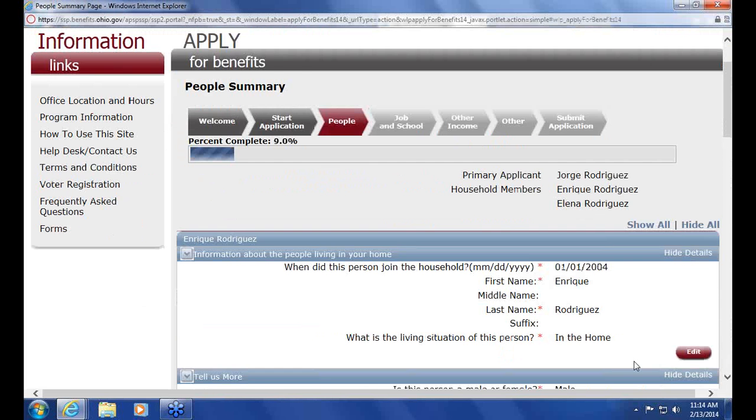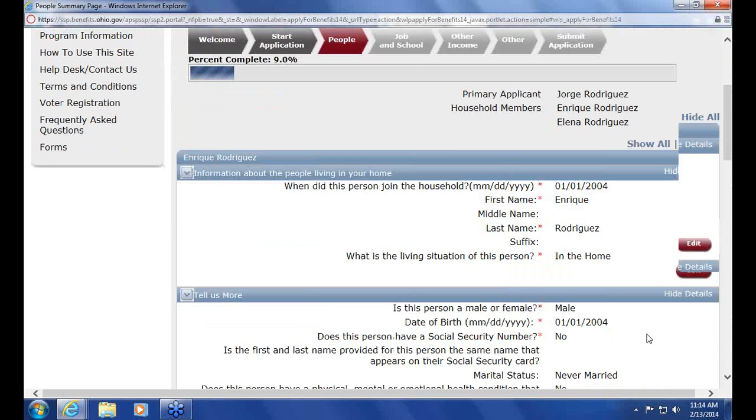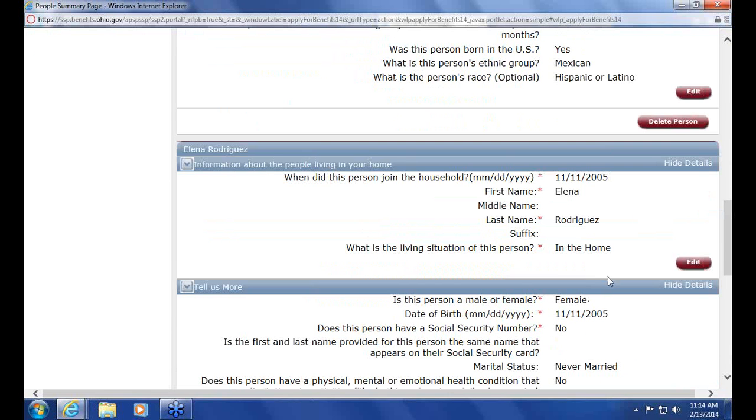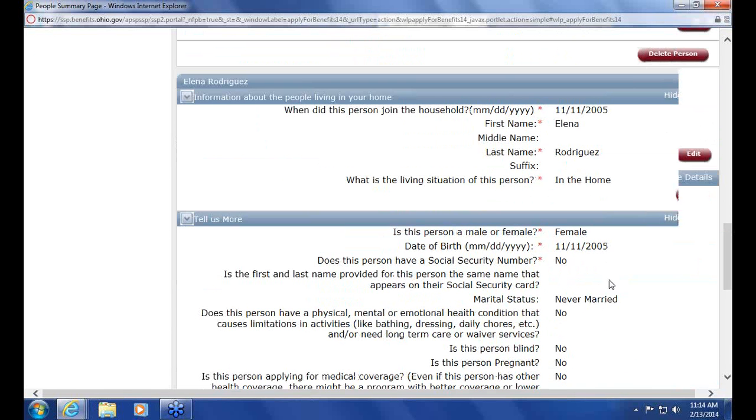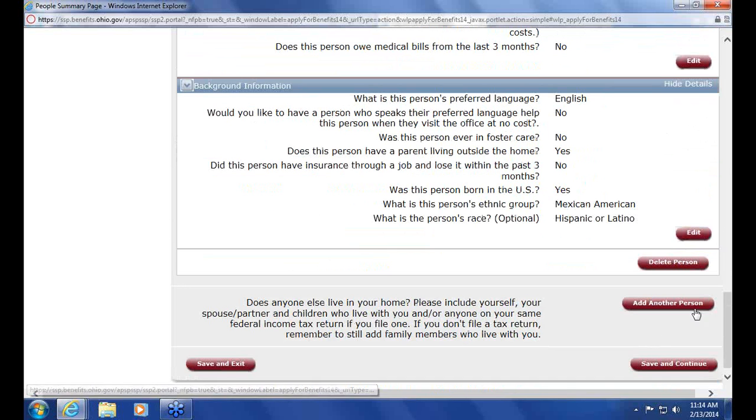As you can see, there are 2 children in the household, but it would be the same. You'll put the same things in. It will be the same application page for the other child as well. To add another person, you just come down here, click Add a Person, and the same screen will pop up. So go ahead and save and continue.